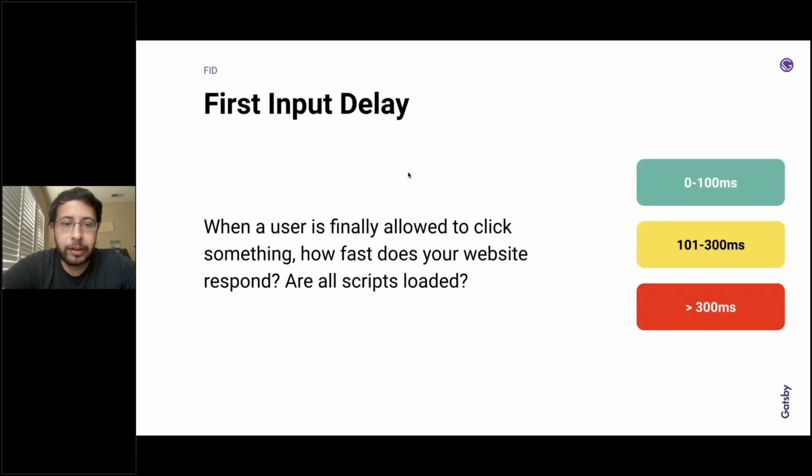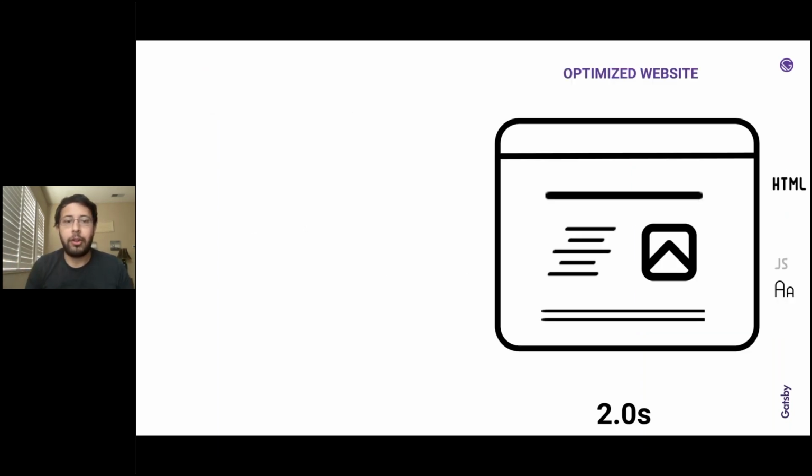So first input delay, again, as Jenna and Dan mentioned earlier, often happens between the largest contentful paint and when the site is interactive. And so the useful way to think about reducing it is just reducing the time between, we'll get to that a little bit later, largest contentful paint and interactivity. So you see here at 2 seconds, we've got that largest contentful paint happening where the content is present on the screen. Then we go to 2.5 seconds and we see the interactivity, which is what we're indicating with the mouse over on this page.